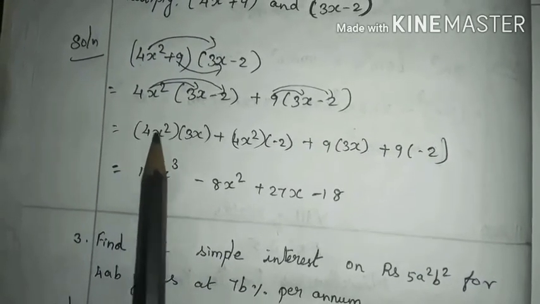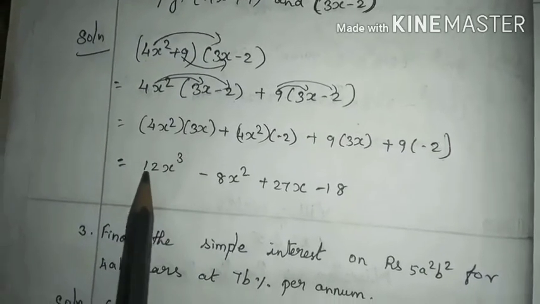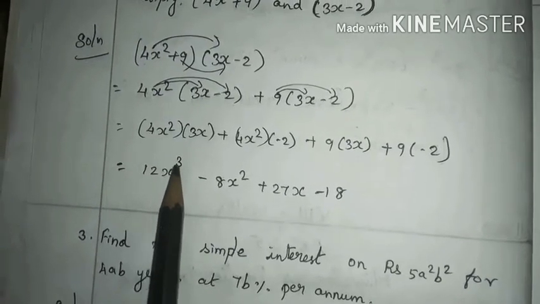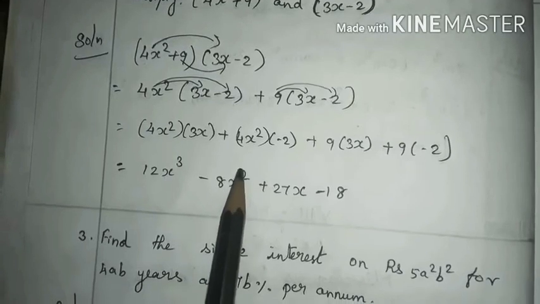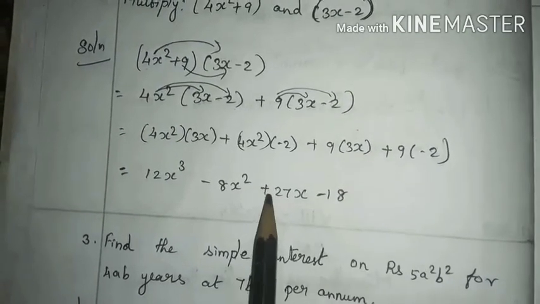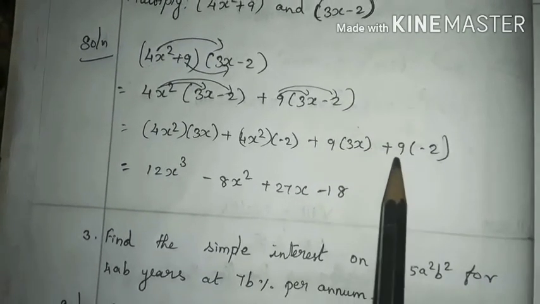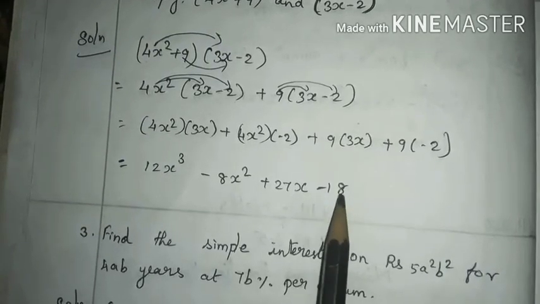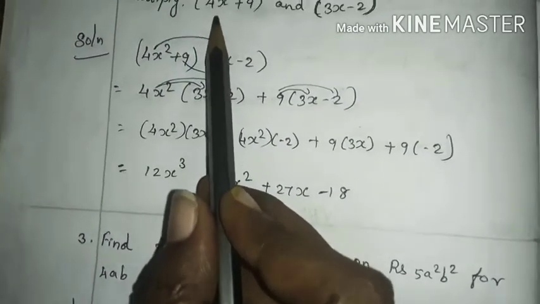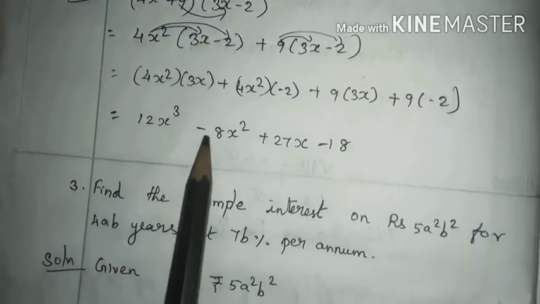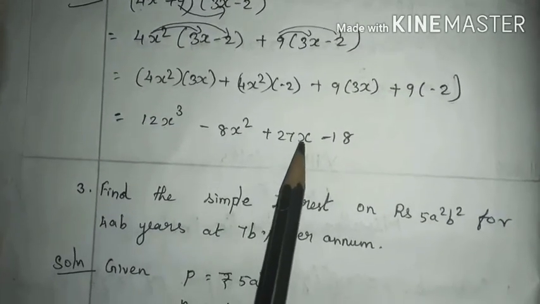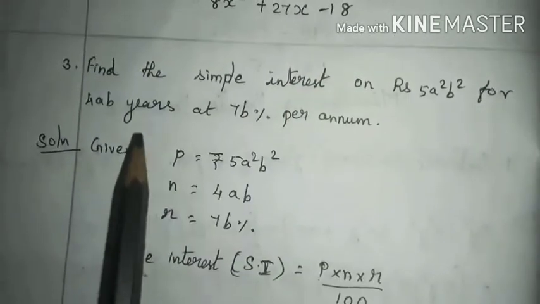Then multiply it, 4x square into 3x we get 12x cube. 4x square into minus 2 we get minus 8x square. 9 into 3x we get plus 27x. Then 9 into minus 2 we get minus 18. That is when we multiply these two algebraic expressions we get the product as 12x cube minus 8x square plus 27x minus 18. Third sum,